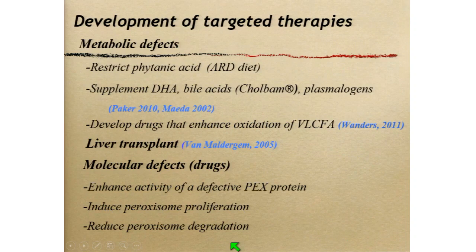So there's also development of targeted therapies on the horizon, and this would include therapies targeted to the metabolic defects or to the molecular defects. Targeted to the metabolic defects, we can restrict phytanic acid, such as the diet that adult Refsum's disease patients get. We can supplement DHA and bile acids, because I mentioned before there's a deficiency of that, and plasmalogens. There are various case reports of this in the literature,